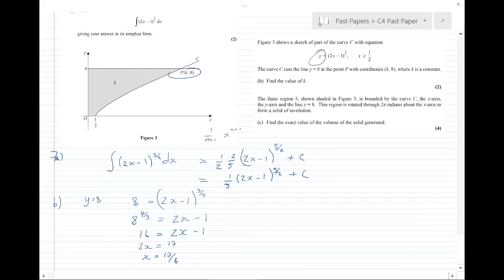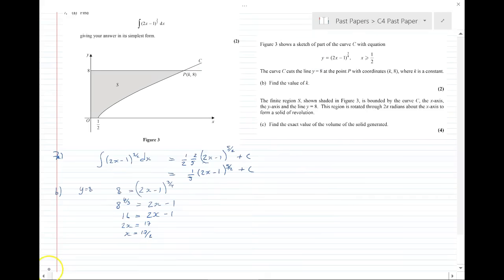Right, okay, so then onto the volume questions. Make a bit of space first. So we've got a volume of revolution question. A little bit of a twist on it. It shouldn't be too bad, but clearly if we wanted to find what this volume was rotated about the x-axis, that would be between the limits, because this number here is 17 over 2 and this number here is 8, so that would just be equal to